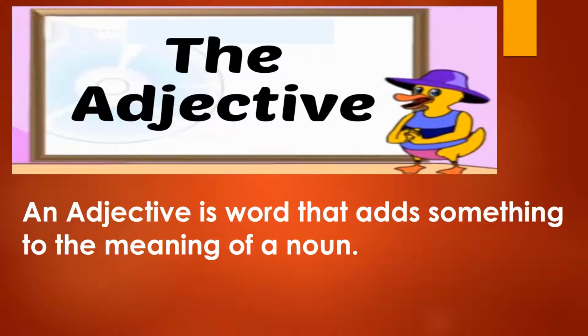Take an example: a happy boy, a sad girl, a big elephant, a small mouse, a tall tower, a short film, a new city, an old town. All these words, happy, sad, big, small, tall, short and old, describe nouns: boy, girl, elephant, mouse, tower, film, city, town.